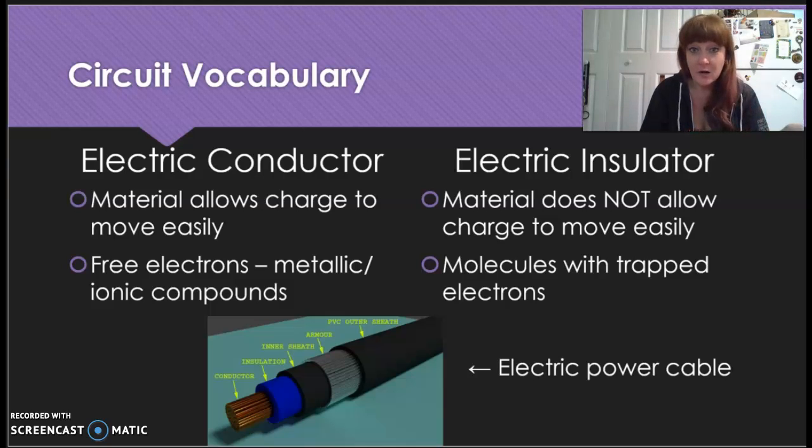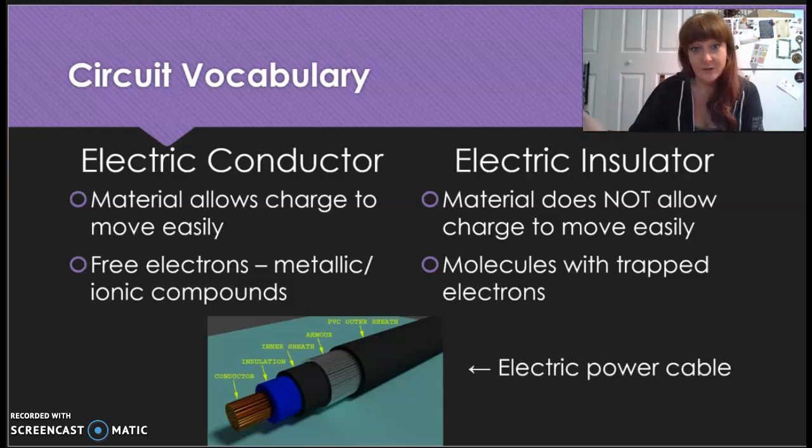Ionic compounds are also good conductors if we dissolve them in water. You'll see that in your simulation in a minute. But other materials do not allow electricity to flow easily. Electric insulators prevent electricity from flowing. So most molecular compounds are